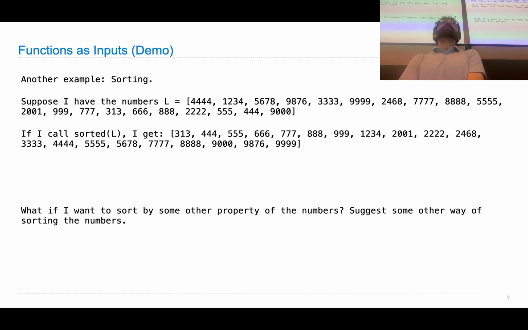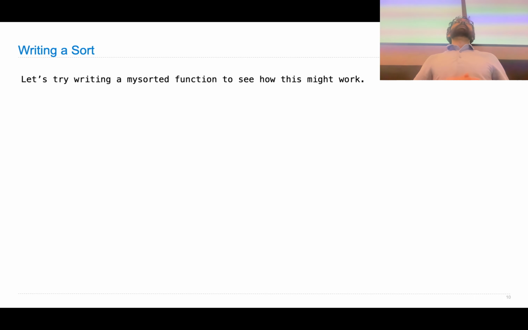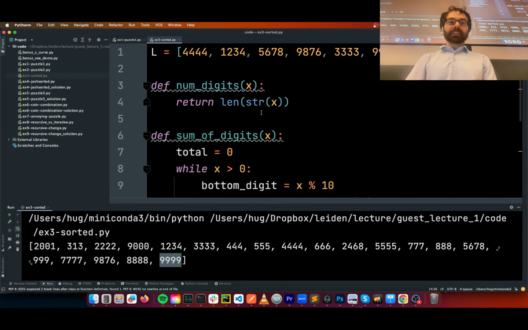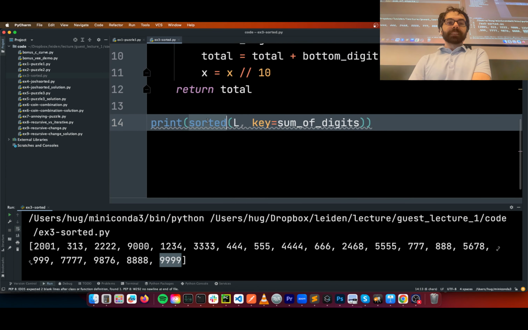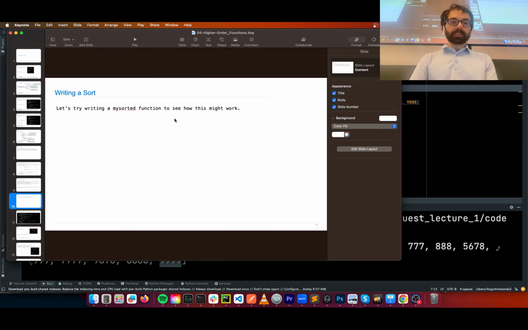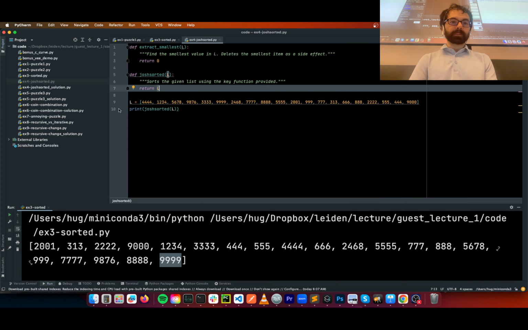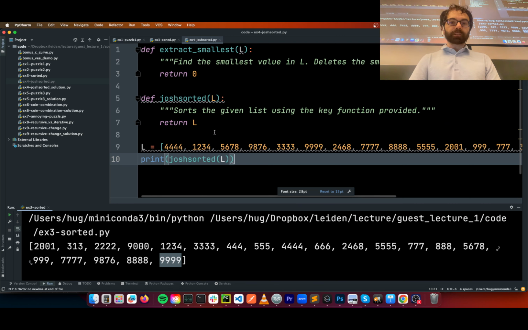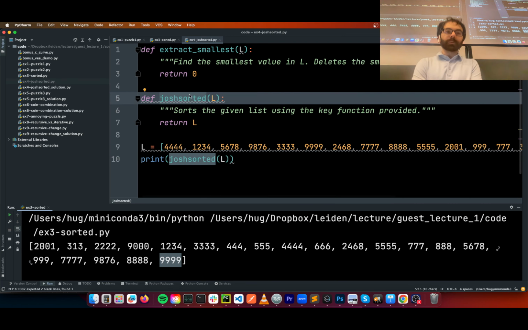Okay. So where does sorting come from? I'm just going to talk about that for a minute. This is a tiny preview of the sort of thing you'll see in the data structures class. I want to write sorted to get a sense of how you would actually do this. Python can do this like magic, but nothing in programming is magic. Some of it feels nearly magical, but this is a function we could write, no problem. I'm going to write a function called Josh sorted, actually. I changed my mind about the name. Since Josh Hug is my whole name, I'm going to write Josh sorted.